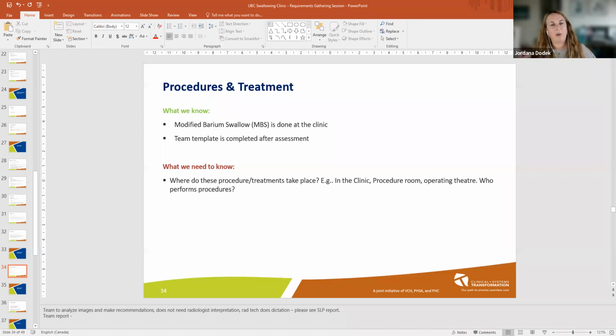Yeah. And then another question. Your result, who does that get sent to? Do you fax that? Yep, our report gets sent out to the patient themselves, the referring physician, and the family physician. And if we were making a recommendation or a further referral for other SLP involvement, such as a community SLP, then we would also copy them on the report. Okay. Jordana, do we know what St. Paul's and Lionsgate are doing with their MBS or video fluoroscopy encounters?